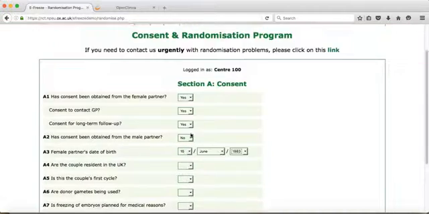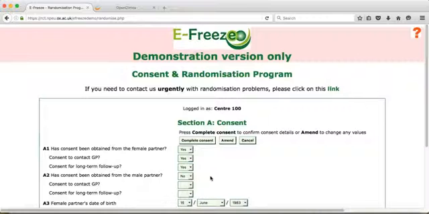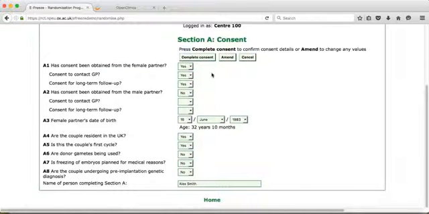The next set of questions relate to the eligibility criteria, and they have to be answered yes in the case of are the couple resident in the UK and is this the couple's first cycle, and no for the remaining three items. You type in your name when you complete the section and press continue. At this stage, you can review the data that you've entered, and then in order to enter them, press complete consent,